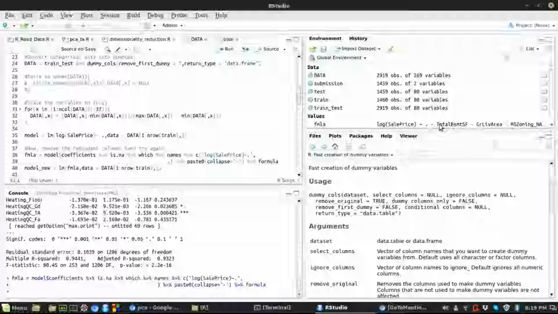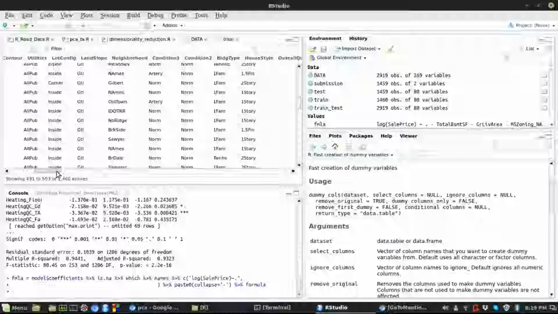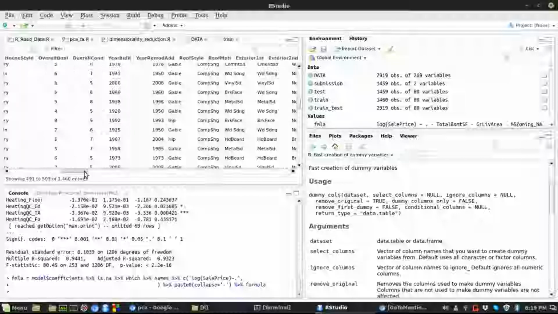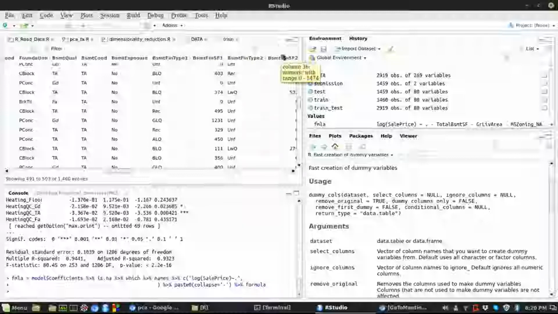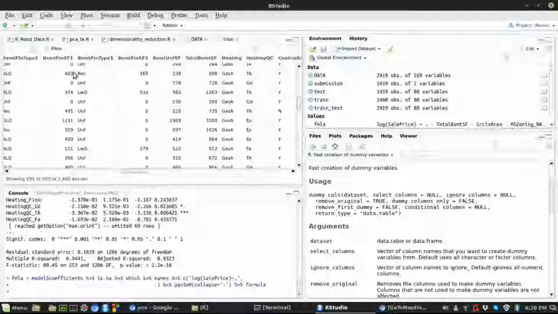Actually, some of these things you can understand. Total basement SF is the total basement area in square feet. That is actually nothing but the sum of two variables here. See, basement type 1, basement type 2, and these two are the area in square feet. Now, if you just add these three up, it should give you the total basement area. So that's why it was throwing up those NAs. So I just dropped them off